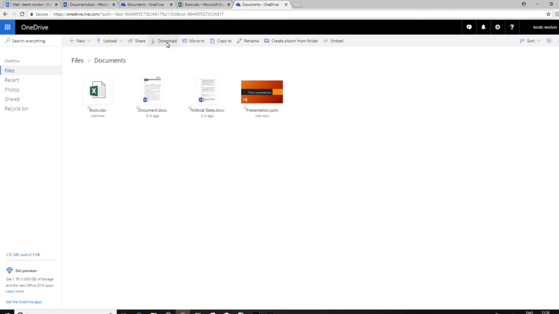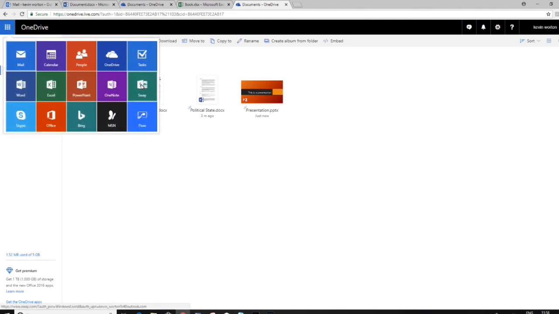You can download your documents, you can move, you can copy, you can rename your documents within OneDrive as well. You can also synchronize this to your local computer, but I won't go into that now. So it kind of roams with you, and basically that's the functionality of the online version of Office, which is